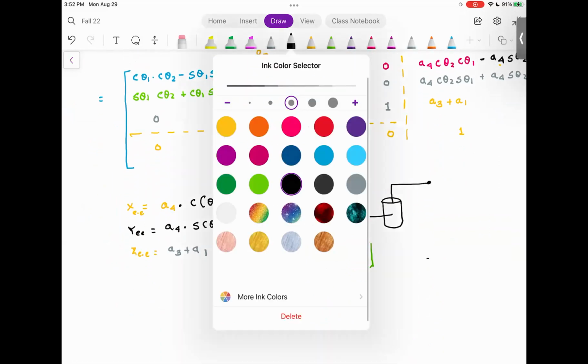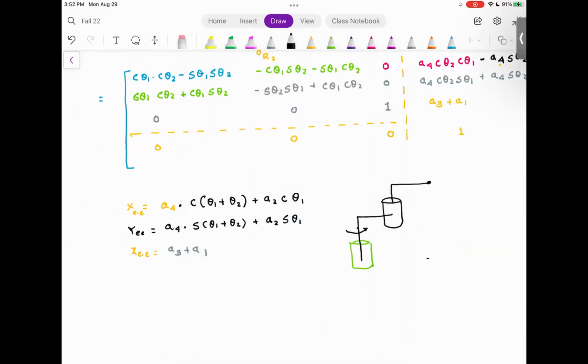So check this out. This is theta 1. This is theta 2. Do you agree with me? This distance is A1. This distance is A3, right? So you agree with me that if this is my inertial frame, if this is my 0th frame,